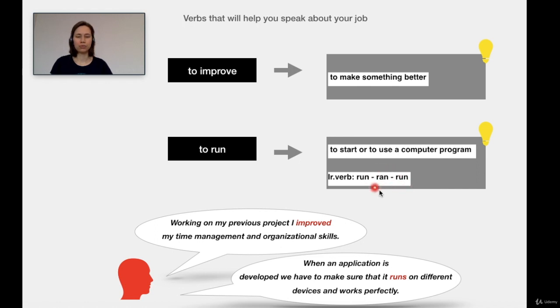The past form is ran. When an application is developed, we have to make sure that it runs on different devices and works perfectly. We have to make sure that it runs on different devices, which means that it works well on different devices.